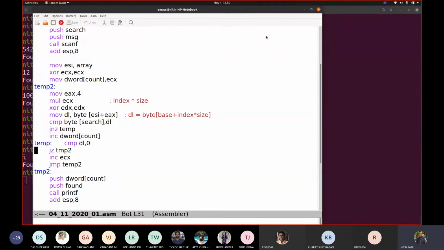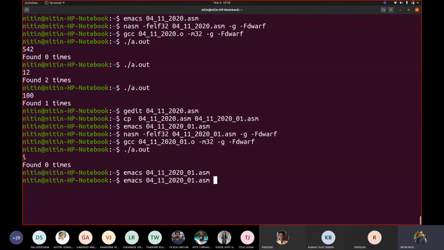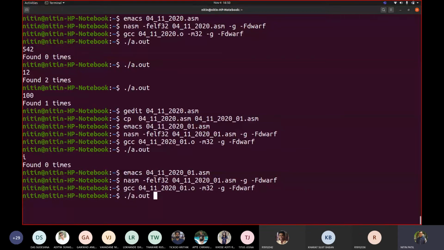Okay, count. So see, we got the address, we got 4, no, sorry. We wanted the index size to be 1, no? The size is 1, so it is 4 actually, so it should be 1. That's probably why the problem occurred. So let us try nasm, gcc, ./a.out I.